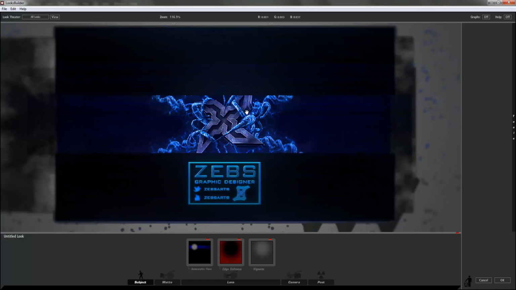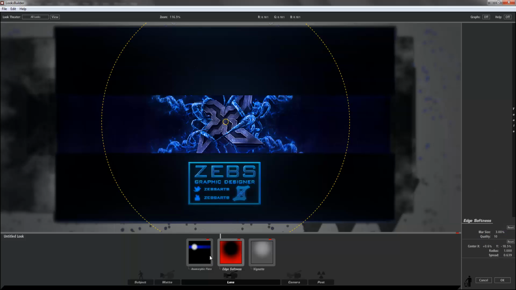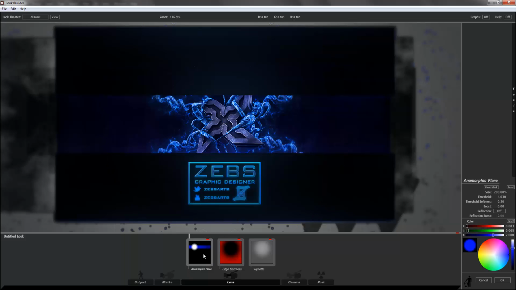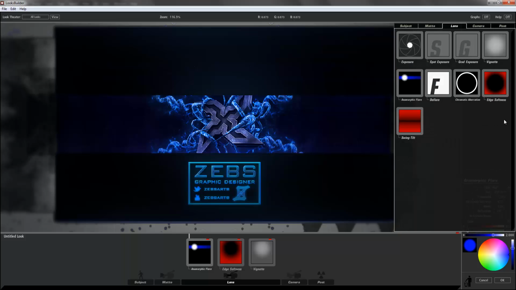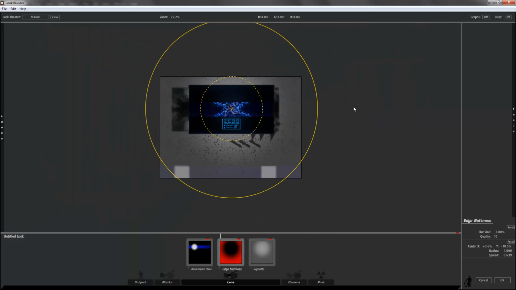So open it up. Now this is Looks Builder. I've heard there's other versions of this, but I don't know. I guess if you have this, they're all generally the same, I'd assume. But what we're going to do is get one of these flares. It's in the lens section right here, and then get an edge softness and make it something along the lines of this, and set the quality to 10 and the blur size to 3%, and just kind of make a circle like this, the inner circle in the very middle of the thing, and an outer circle kind of towards the edge,